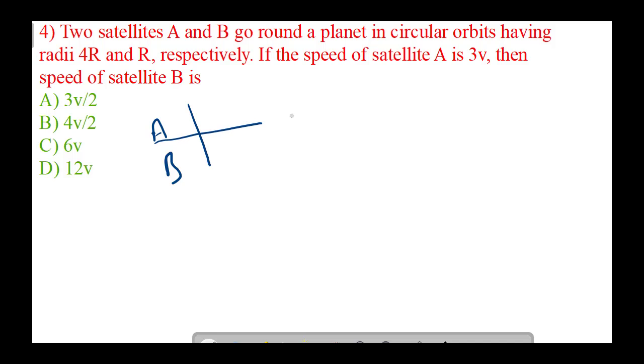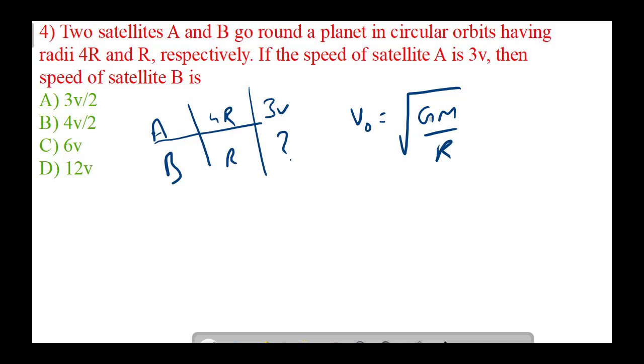The radii of A is 4r and the radii of B is r. The velocity of A is 3v. We need to find the velocity of B. So the orbital velocity in general is given by the square root of GM upon r,